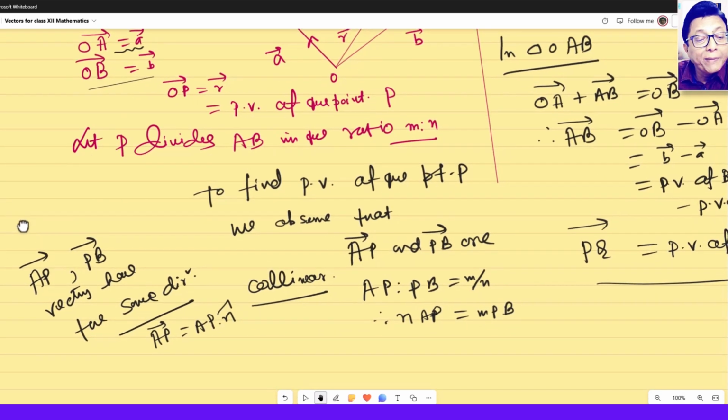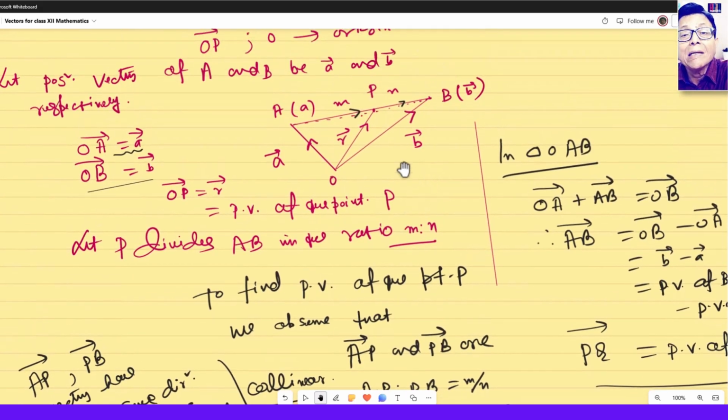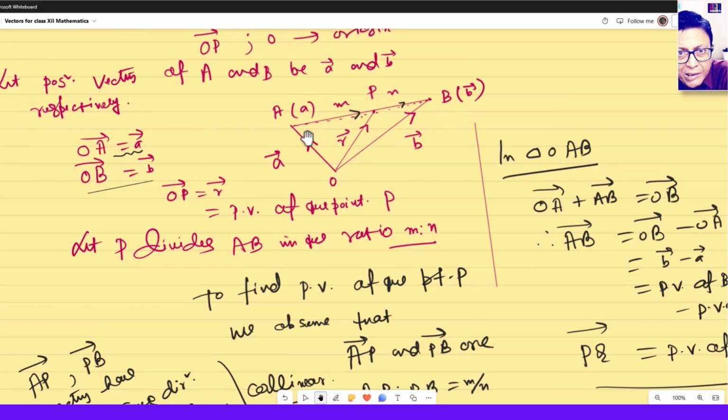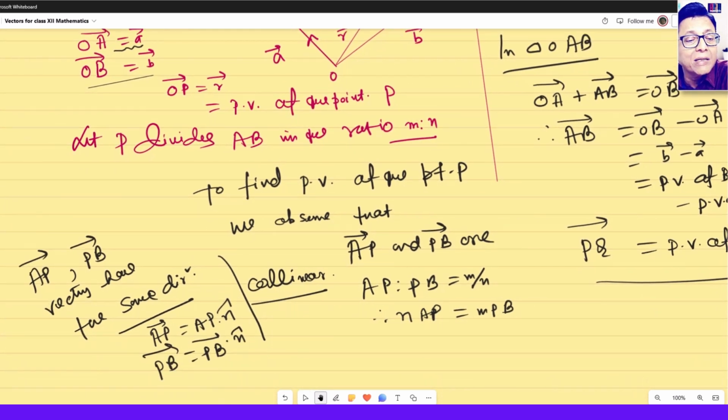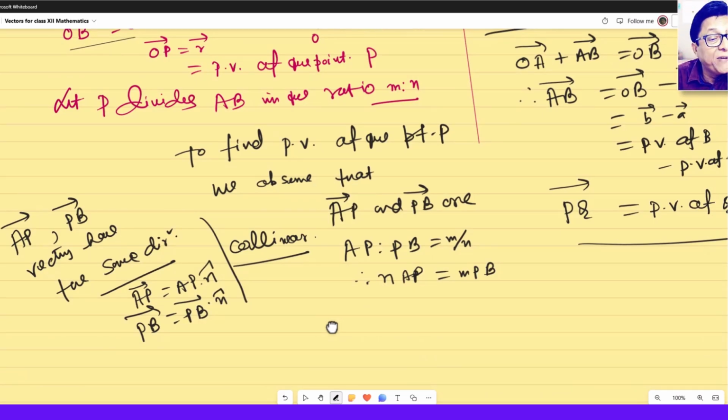Can't you write PB vector in the same manner? PB vector will be what? PB into n cap. What is n cap here? N cap is directed along AB, AP or PB. Unit vector, its multiplication won't change the magnitude. Okay? Now, if you take the vector sign on it, then it's fine. So you can write this one as, since they have the same direction, n into AP vector, m into PB